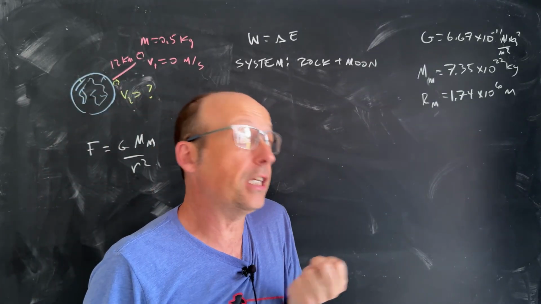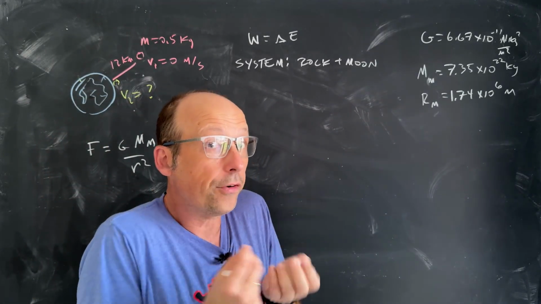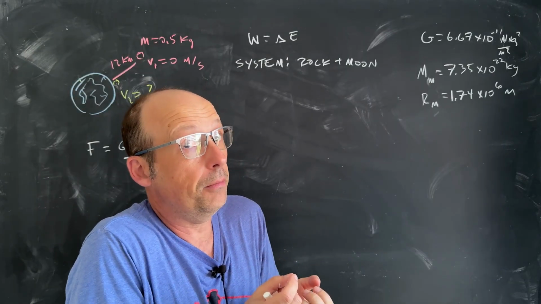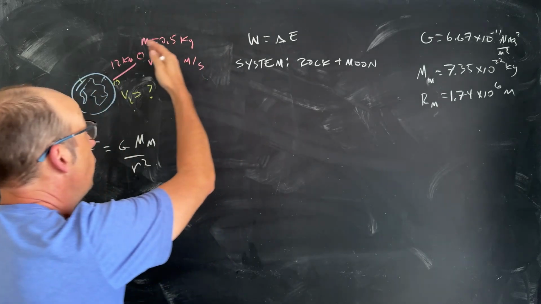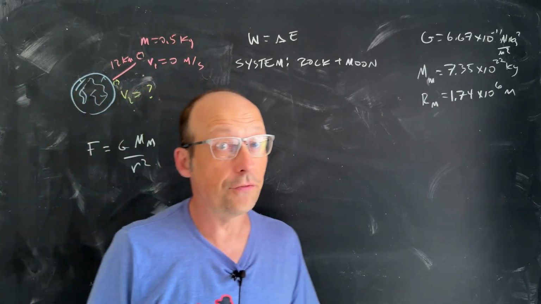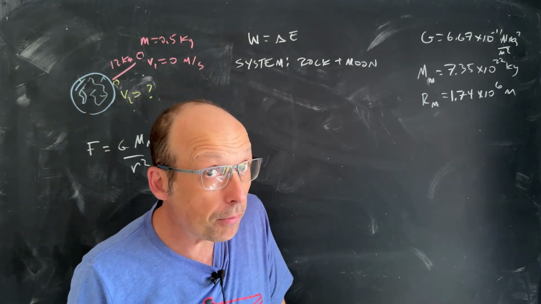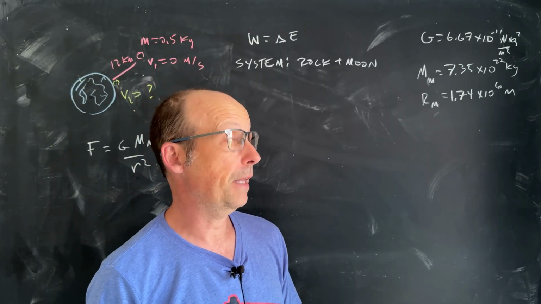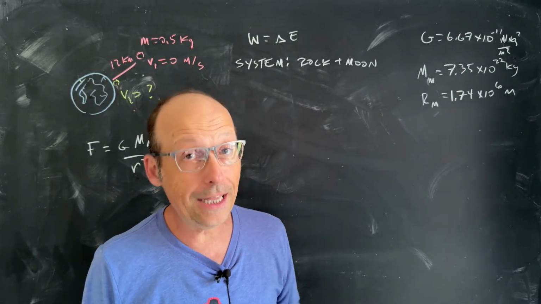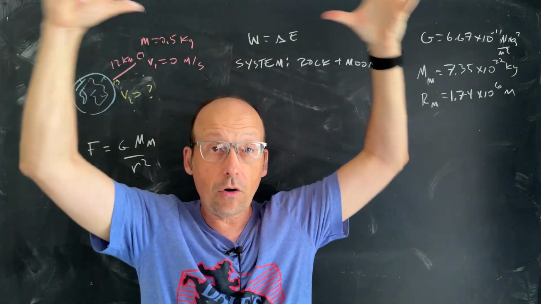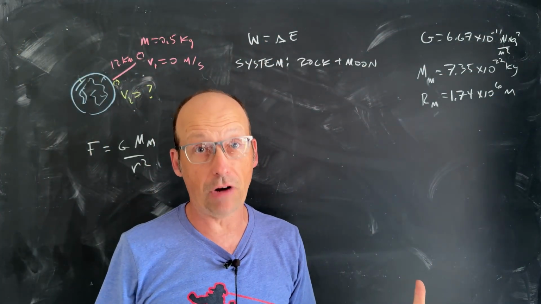Because suppose I just had the rock as my system. Well, there is an interaction external to that system, and that's the gravitational force. But again, we get to that same problem. As the rock moves, the force changes, and it's really difficult to find the work, and in fact, impossible in algebra-based physics. If I include both the rock and the moon, then I can incorporate that interaction as a gravitational potential